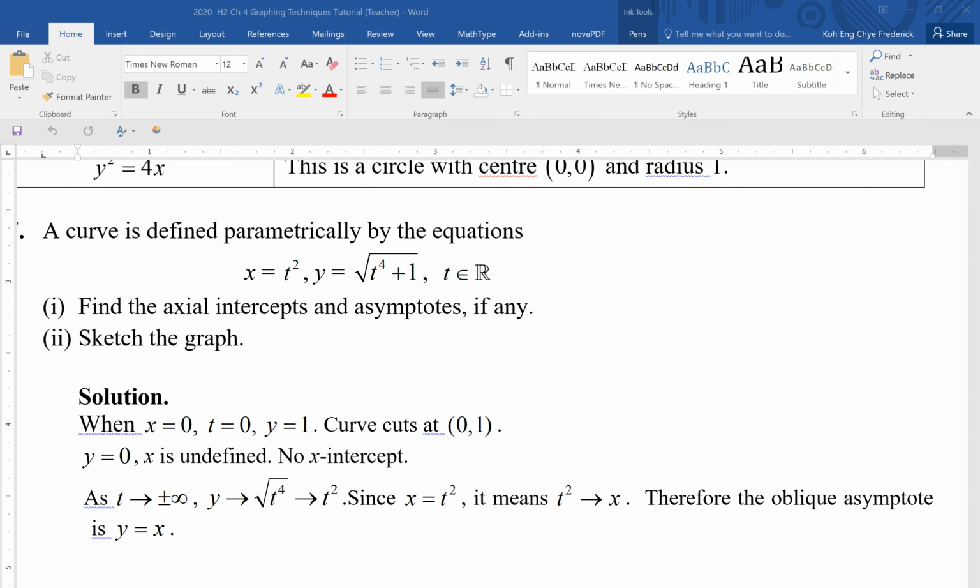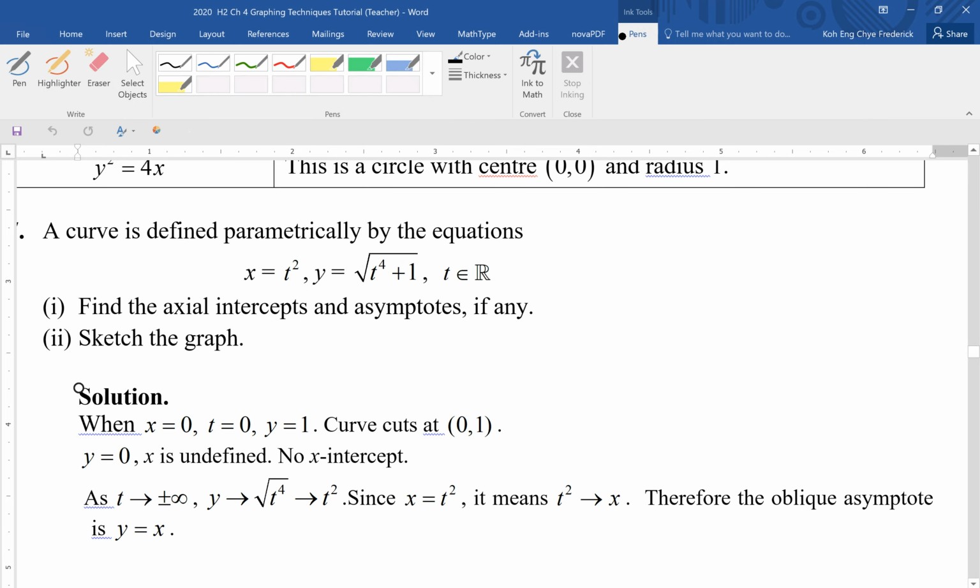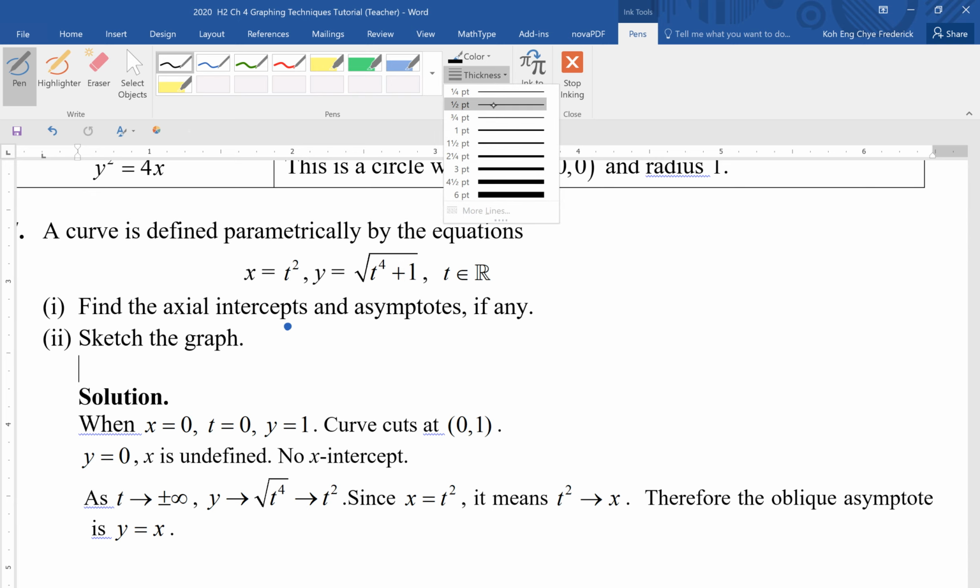Okay, this is a recording for chapter 4, Graphing Techniques, question number 7, parametric graphs. A curve is defined parametrically by the equations as follows. Find the axial intercepts. So what does it mean to find the axial intercepts? It is to equate x equals 0 and solve for y, as well as y equals 0 and solve